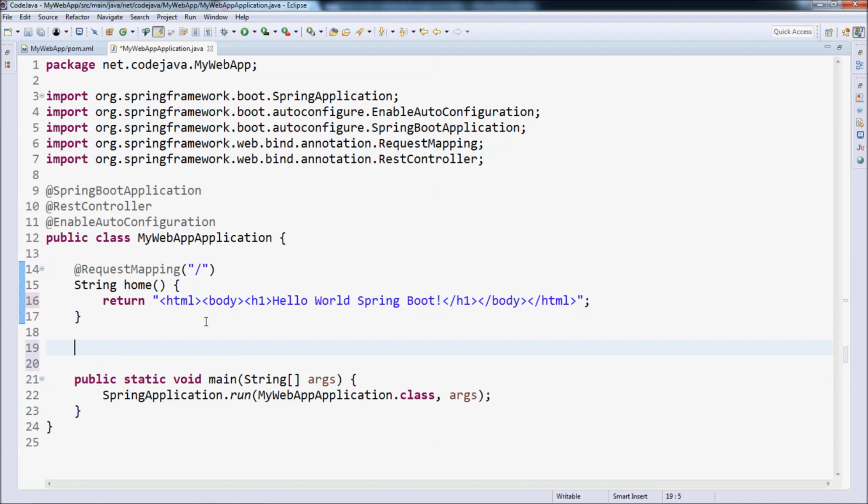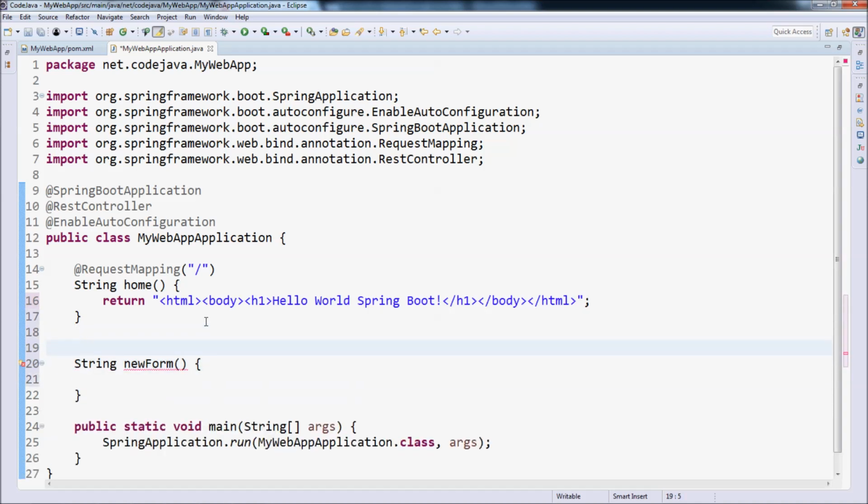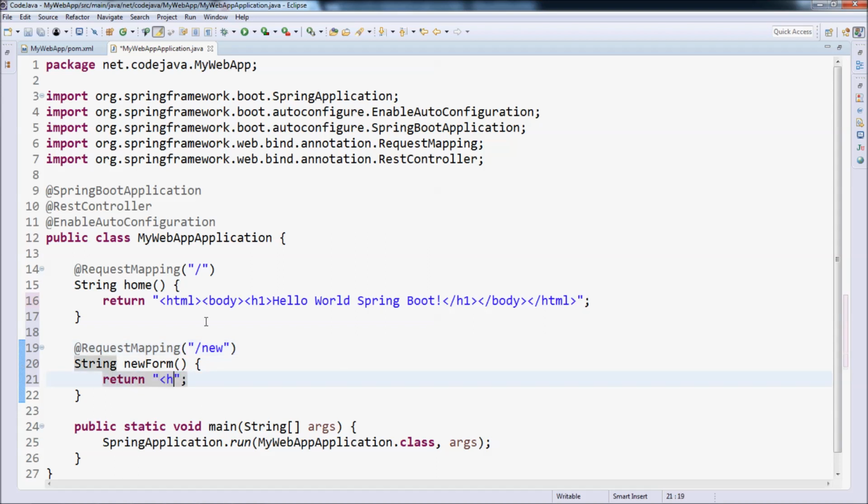and create another controller method, for example, String newForm, request mapping. We specify the URL path for this method is /new, okay, and return heading 2 HTML tag, "Create a new thing". Okay,